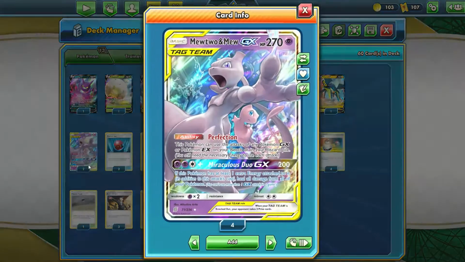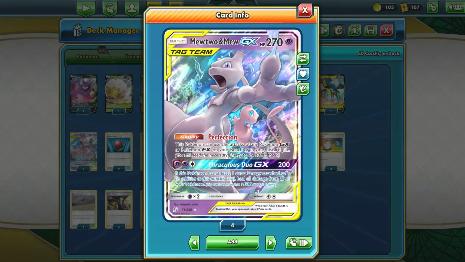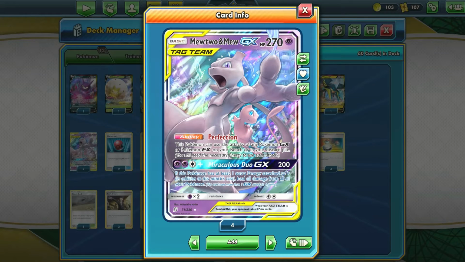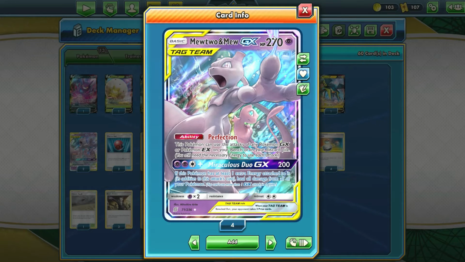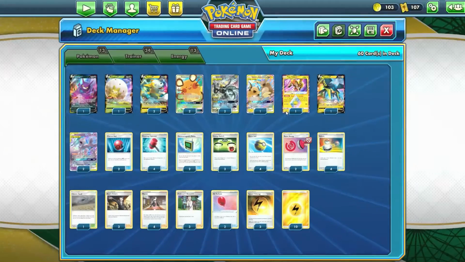GX, is actually going to be this Mewtwo and Mew. It's actually kind of the star of the deck. It has 270 HP with this Perfection ability. It says this Pokemon can use the attacks of any Pokemon GX or Pokemon EX on your bench or in your discard pile. So the reason that Mewtwo and Mew is in this Pikachu and Zekrom deck, and as well